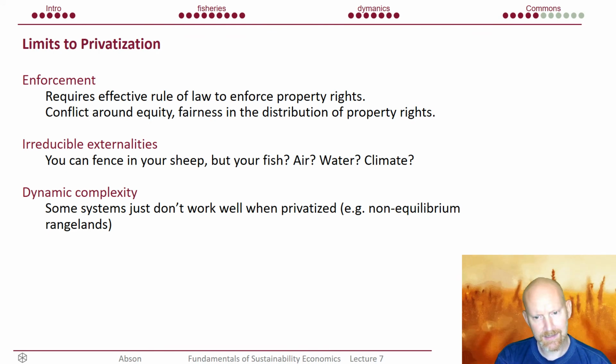But the fact is, non-equilibrium systems, and when we talk about non-equilibrium systems, we mean that the amount of productivity in that system is highly variable year to year. So some years you have good rainfall, some years you have poor rainfall, some years the systems are very productive and some years not so productive. Having these small patches of land which are privately managed is problematic, because one year your 20 sheep are perfectly fine in terms of the biomass productivity in those 2 hectares, but then you have a bad year, and all your sheep die because there's no food.